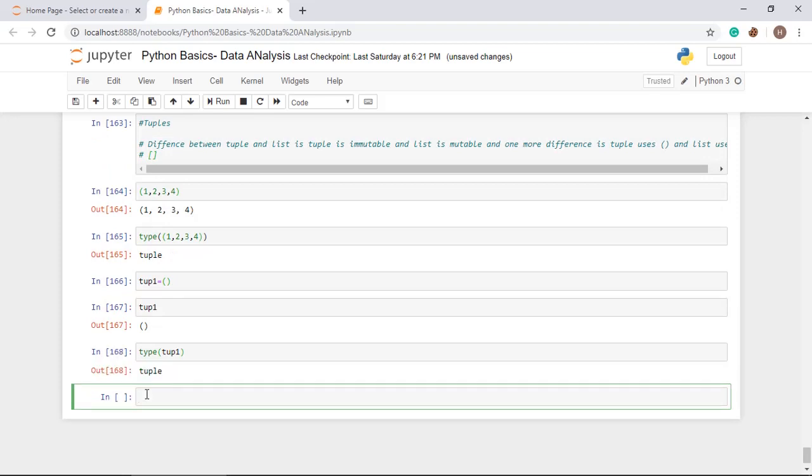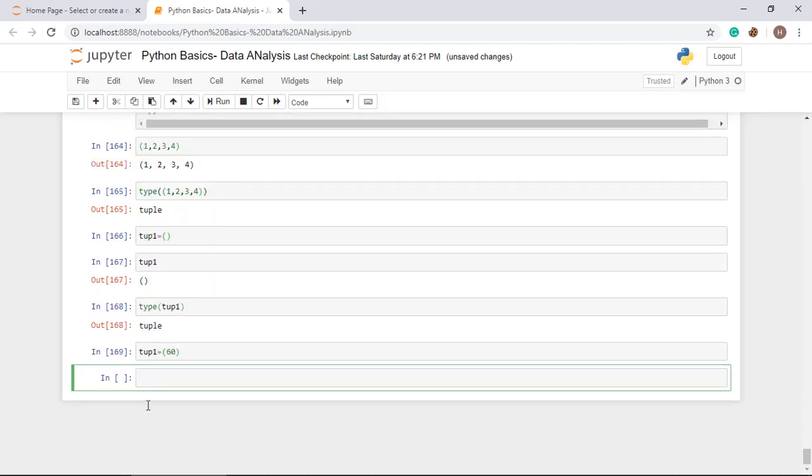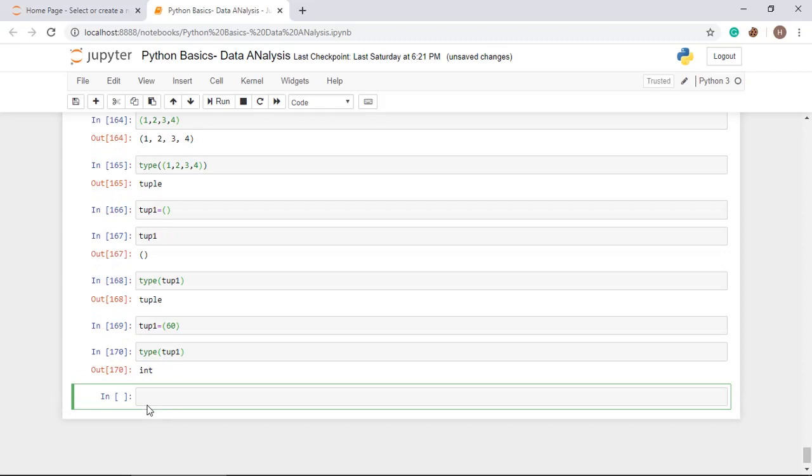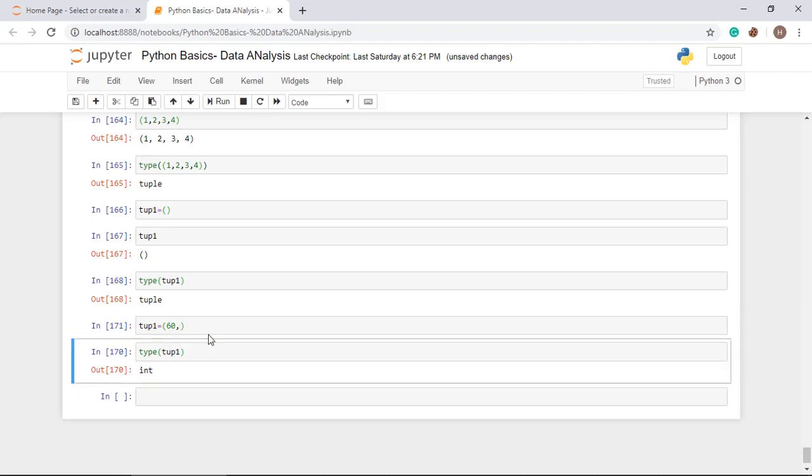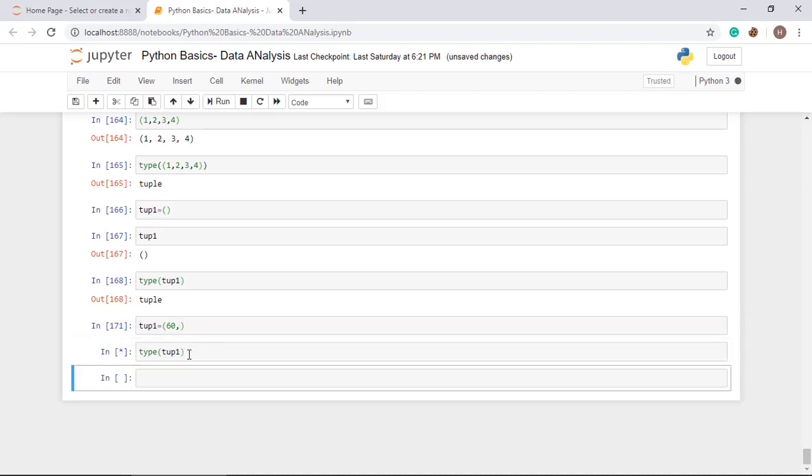Alright, you can put a value like this, tup1 is equal to 60, a single value in a tuple. When you check the type of this variable, it is taken as integer, and when you put a comma, then it is considered a tuple.